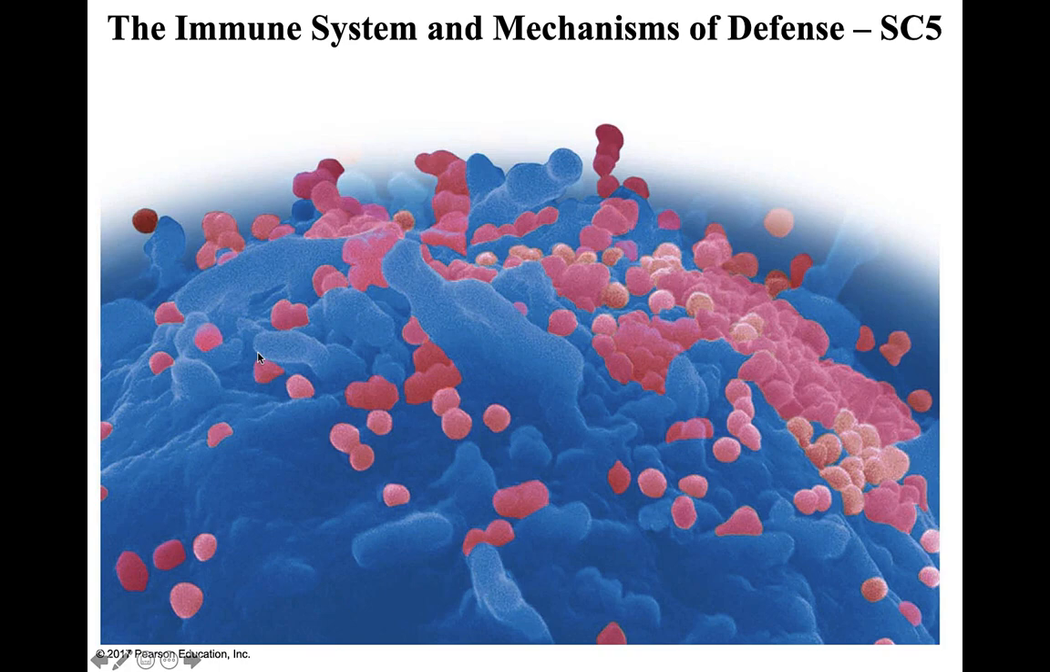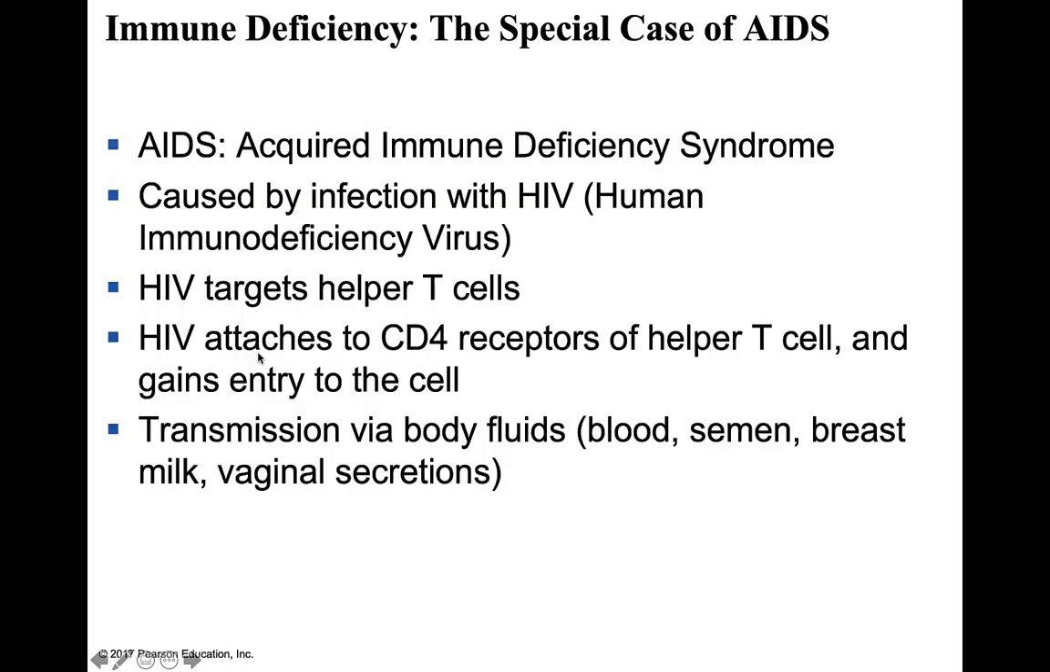Chapter 9, the immune system and mechanisms of defense, screencast 5. Now, this last screencast, and this is something the book spends a lot of time going into detail, is actual AIDS. AIDS, or acquired immune deficiency syndrome, is caused by the HIV virus, which stands